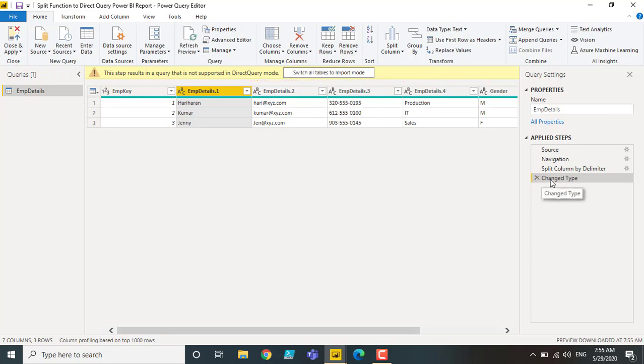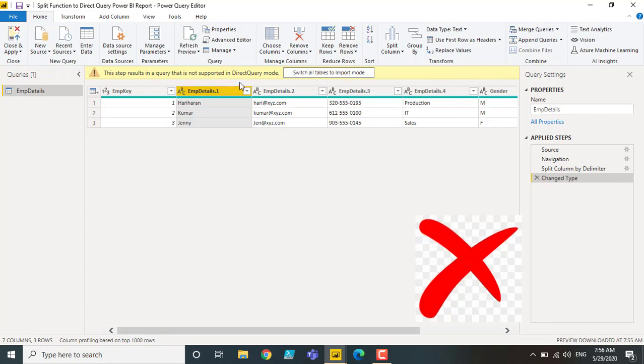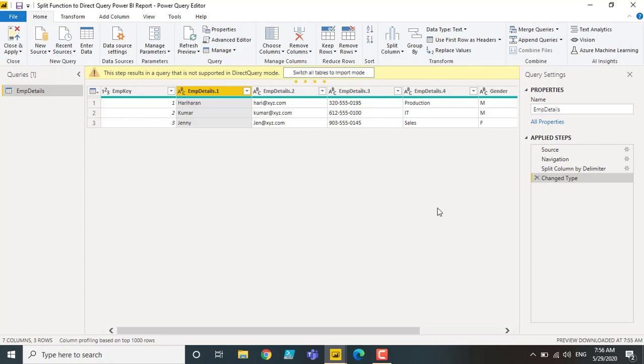Since it is a direct query mode, all the scripts and all the transformations that we do in the Power BI layer will be sent back to the database layer, and it is going to perform all the transformations. So we cannot expect all the transformations to work in direct query reports. The split functionality is not part of SQL functions, so that's the reason SQL is not allowing us to use this particular transformation.